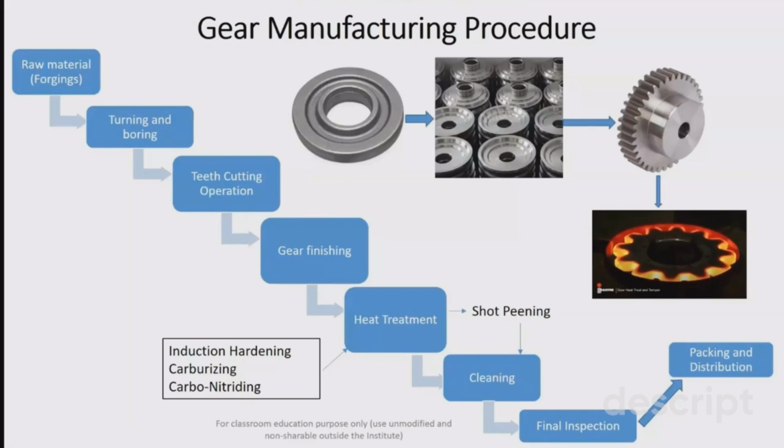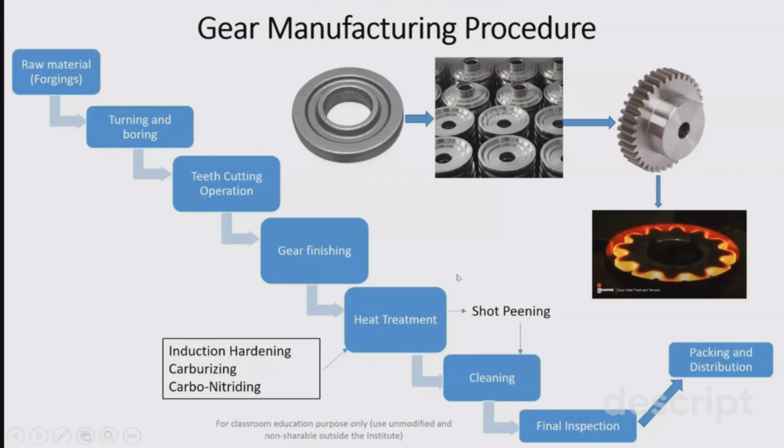or to impart the required surface finish as you have decided in the design stage. Then after this, the next step is your heat treatment operation. These gears are in continuous motion with each other, and they have to transmit power and motion from one gear to another gear. The gear teeth are always in meshing with another gear. They should be hard and strong enough to sustain the loads which come at the pitch circle. Therefore, we have different types of heat treatment processes which are used to give the required hardness and strength